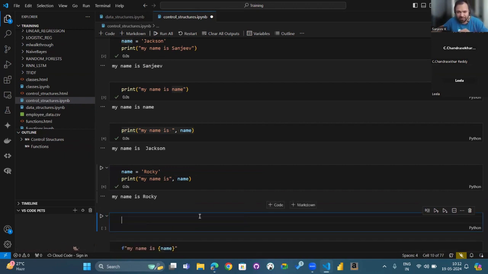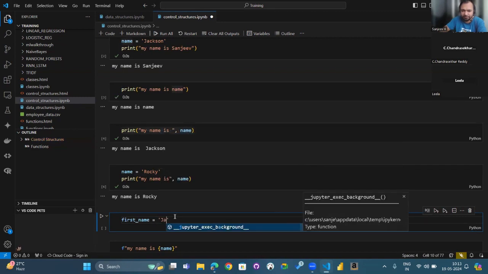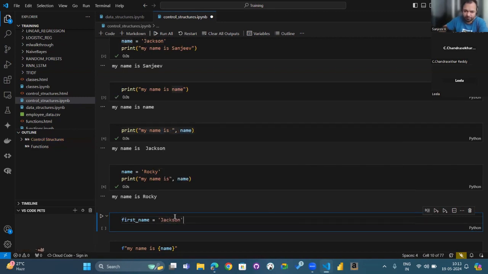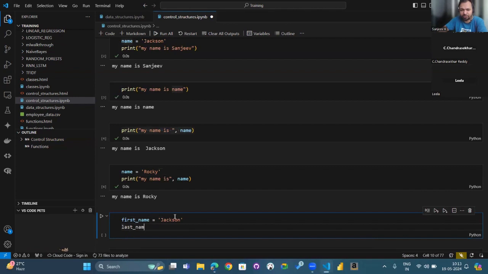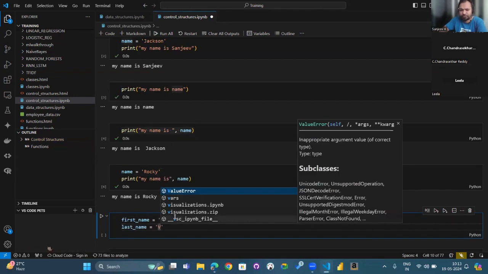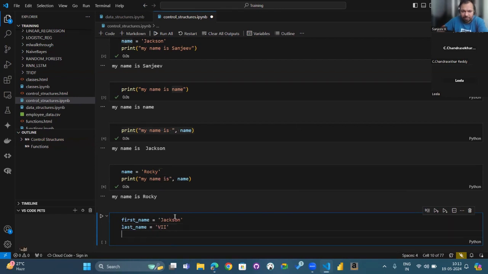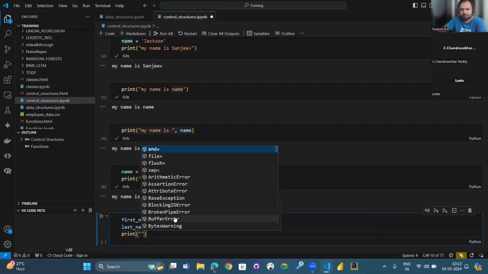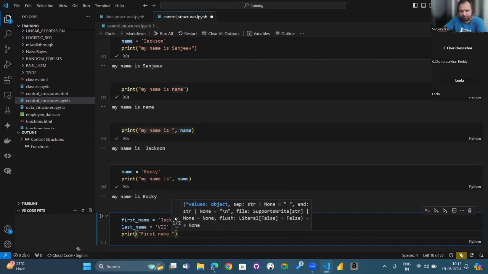In some cases, you might have more than one variable. Let us say I have first_name equal to Jackson and last_name equal to, say, 7. And then I want to print this. The first option is how you do this. First name is